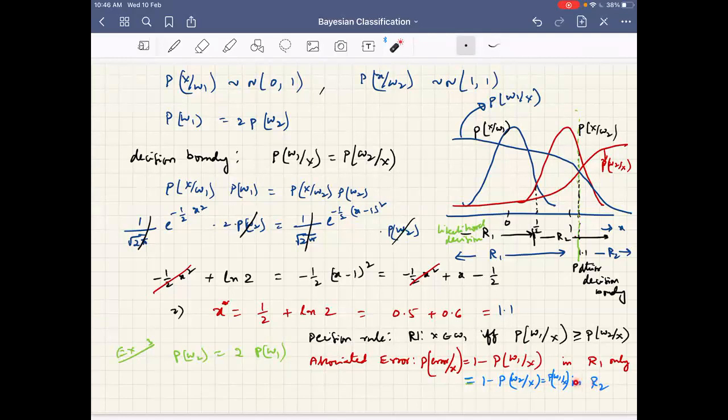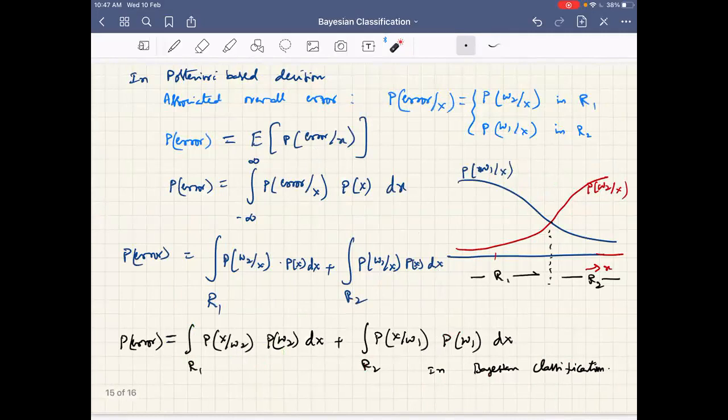But the question is, is this quantity constant for all x, or different at different x's? Different with different x's. So I'm only quantifying the error at a given x. I'm not quantifying the overall error. Even in region R1, for a given x, I'm saying what the error is. So I just have probability of error given x.